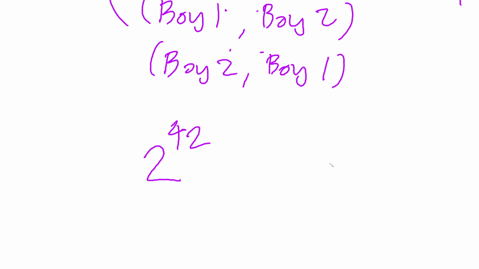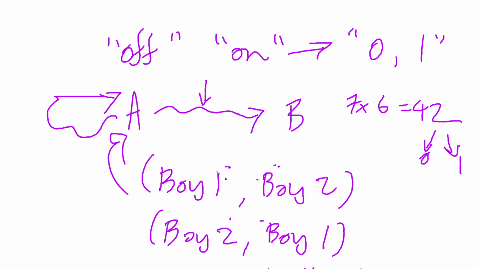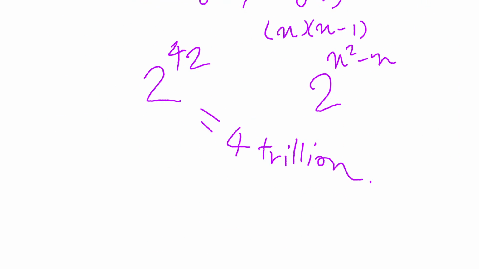And in general, just for completeness, it would be 2 to the power of n squared minus n, because you have n starting people multiplied by n minus 1 possible finishing people for an ordered list. And this number is about 4 trillion, just for reference. So maybe unique after all if you have thought of a configuration in these limits rather than the limits I described earlier when I was making a fairly idealized mathematical situation out of this whole thing.